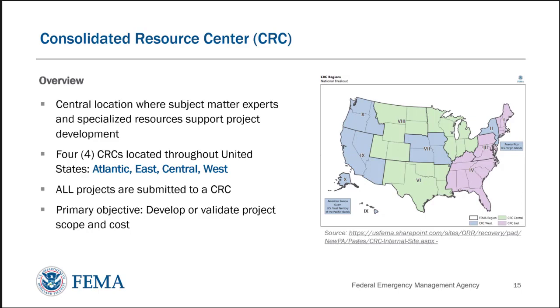We've got out in the west, Sacramento, over here in the central, Denton, and then east, Winchester, and then Atlantic, Puerto Rico. All projects, once they have their damages described, have their dimensions put together, right? DDD, damage description and dimension, have their EEIs, the essential elements of information, all that documentation related to it. Once you've got a project that has all that together, in phase 2, it moves to phase 3, where the